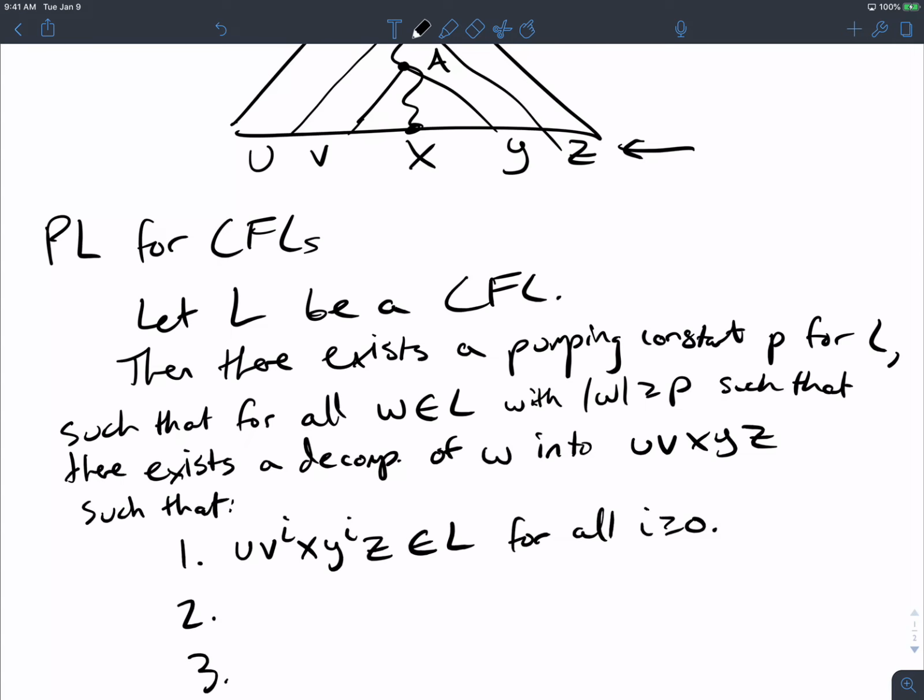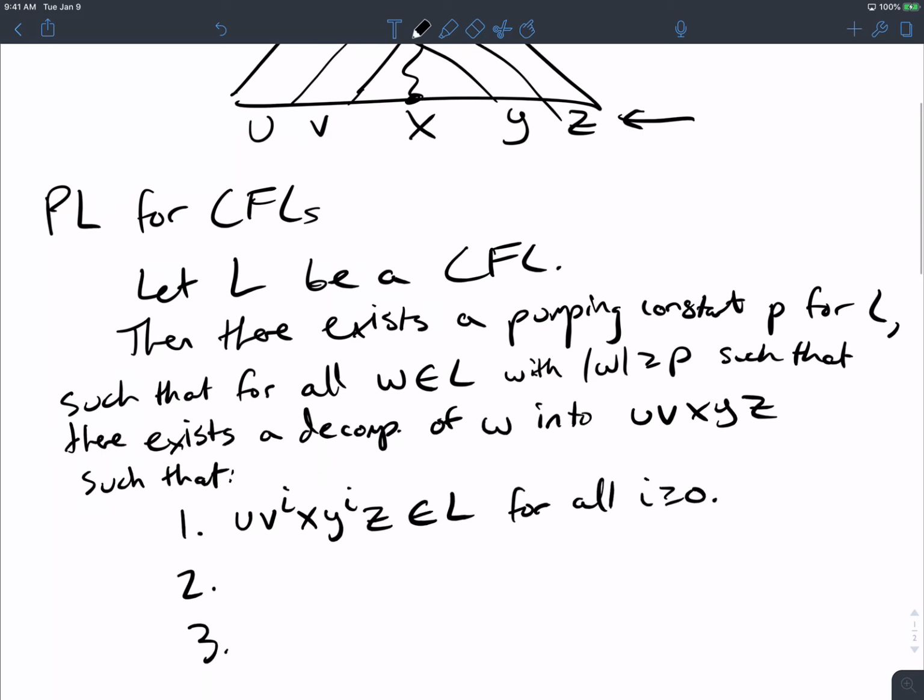Why is it in the language for all i? Well, remember for regular, it was in the language because we can go around the loopy part in the DFA as much as we want and then eventually go to the final state, which means it's in the language. Why is it in the language here? Well, if I do this copy-pasty business, then if I take the top parse tree and then copy it down, do I have another parse tree? Yeah, it's a different parse tree, obviously, but I still have a parse tree. So because it's a parse tree, then it's in the language for that reason. Okay? So that's why it's in the language here.